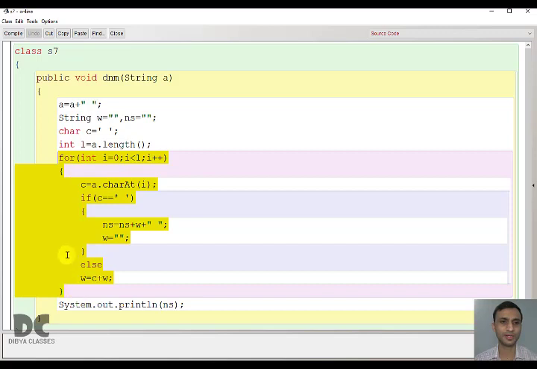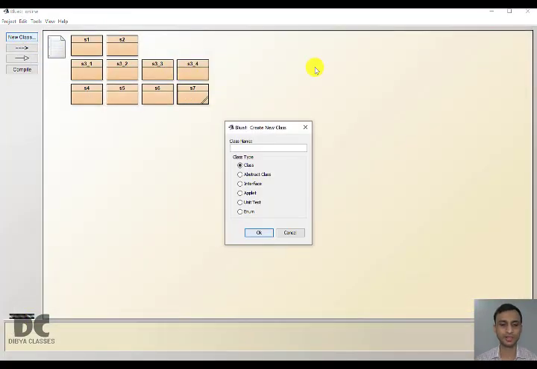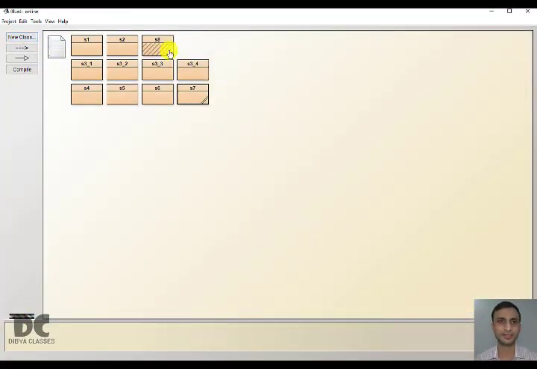This for loop in which we extracted the word, the only thing we need to do is change the if block. We need to change only the if block and our program will be done. So I will copy this program. We create a new class, let it be S8, that is strings question number 8.